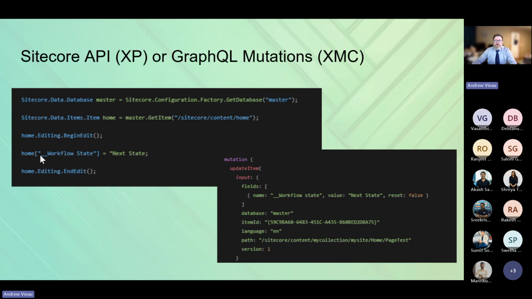But yeah, the workflow state field, you can modify that directly and then save your changes by doing the end edit. Or if you're using Sitecore AI or a headless implementation, you have access to GraphQL mutations. So in both methods, in the DXP or in Sitecore AI, we can modify those items programmatically. I think one of the most useful ways to leverage this would be to put components